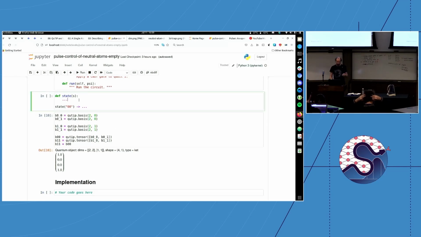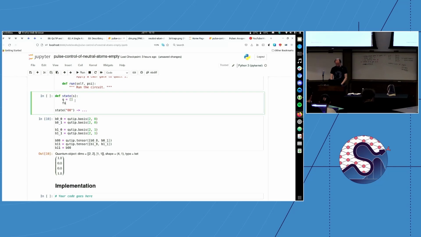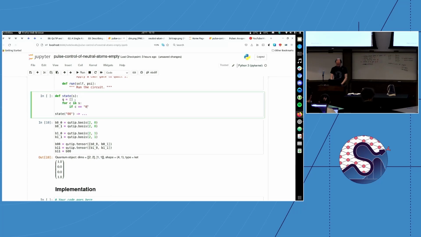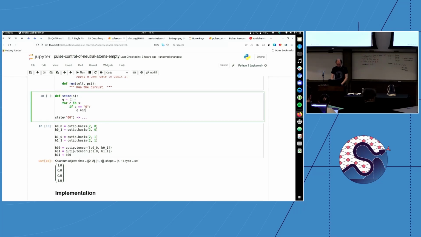Okay, so you can see now from all of this typing that it would be nice to have a function which would just make these states for us, and not a very difficult function. We can just make a list of states which starts out empty, and for each character in S, if it's 0, then we call this Q equals